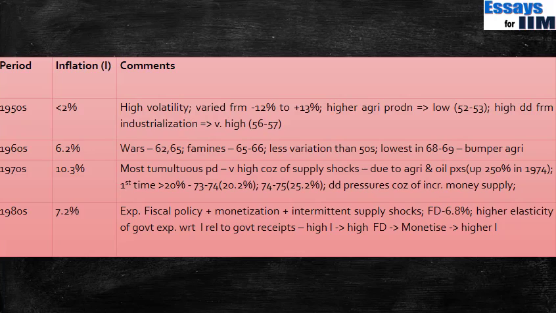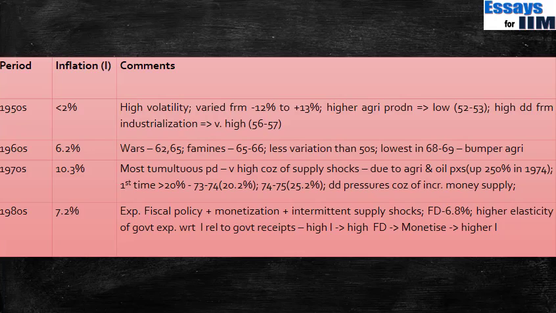Because of which the government was spending a lot, which meant there was an expansionary fiscal policy. You just understand expansionary fiscal policy as basically the government spending a lot of money. Now if the government spends money and it doesn't have it, what will happen? Obviously you need to print more money, which is called monetization. So the RBI needed to monetize the fiscal deficits. Because of which the money supply increases in the economy and the prices rise. Also there were intermittent supply shocks. So because of both these factors, as you would see in part 1 of the inflation video, these are both supply and demand shocks, because of which the inflation rose.